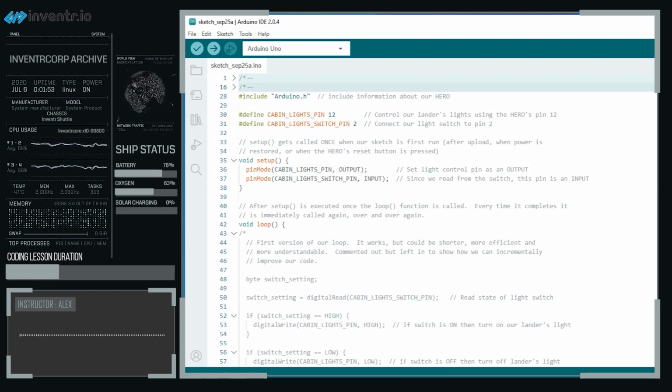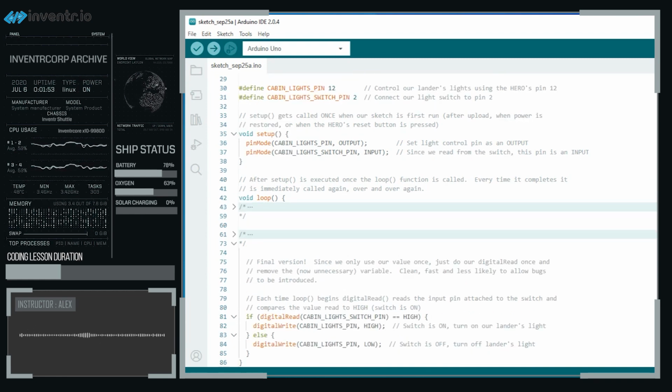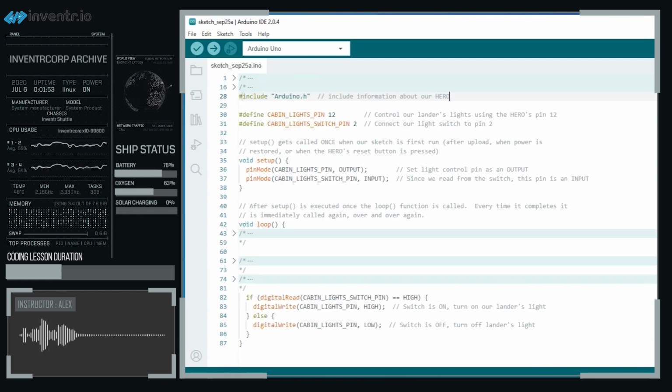You don't have to worry about it. I should also mention that there are a few more comment blocks throughout here. If you just want to go here, close, close, close. Once you've collapsed all the comments, if you so desire, what you can do now is include the Arduino.h,